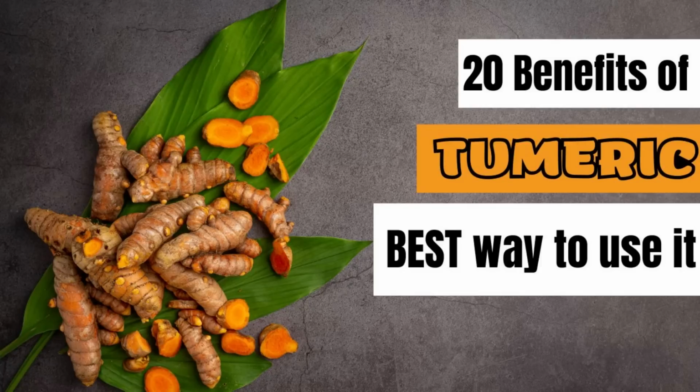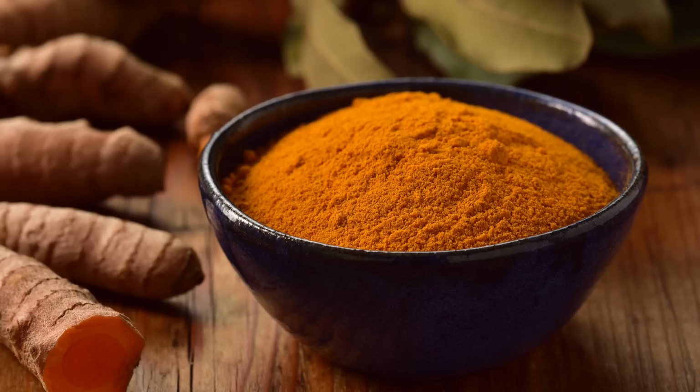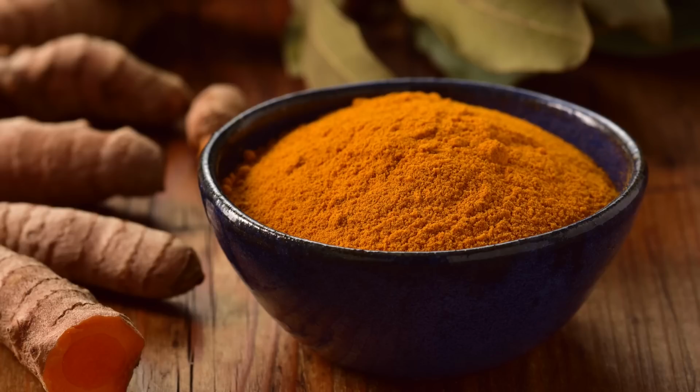Hi everybody, we're going to talk about the 20 benefits of turmeric and the best way to use it to get the most absorption possible. Turmeric is a tuber that grows in the ground, of course, and we use it in cooking, and we use it in medicines, and in many applications. So we're going to go over the top 20 reasons why you should be using it and what it can